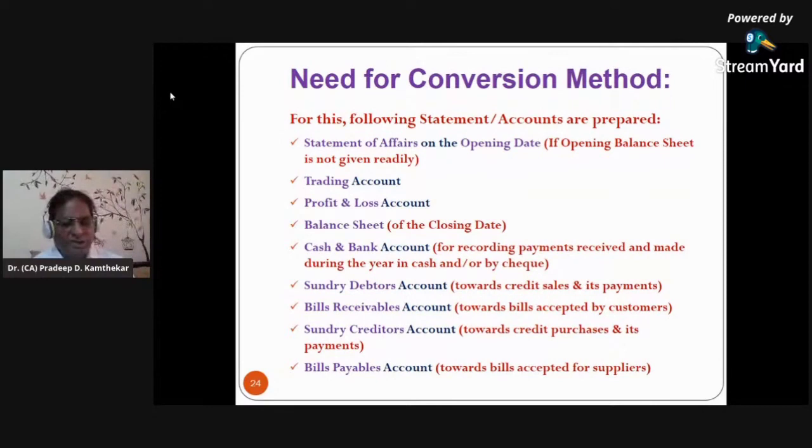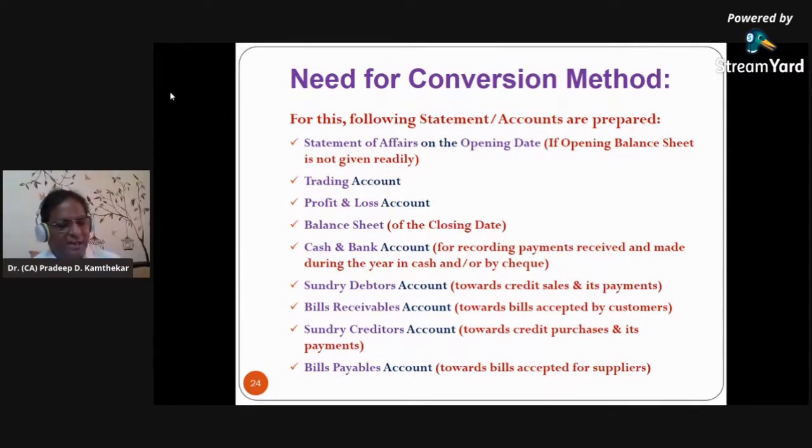But unfortunately, there are hundreds and thousands of students who learn accounting entries by heart, which is wrong. An accounting entry is to be understood with respect to its debit and credit. It is never ever to be learned by heart. So these accounts, sundry debtors, bills receivable, sundry creditors, and bills payable, which we are going to see in detail, you must not learn by heart, because if you do, take it from me, you will never be a very good accountant, nor will you do very well in your academic endeavor.